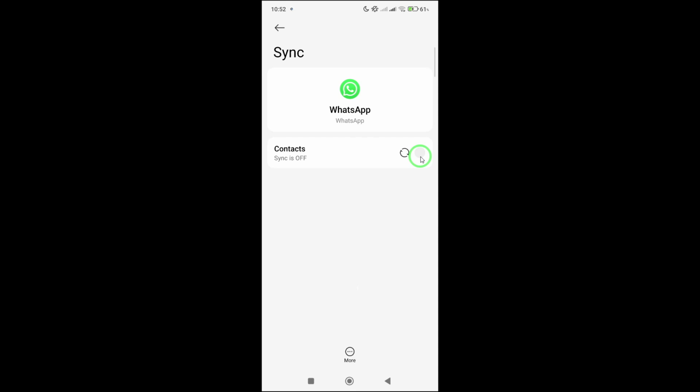Disabling this setting won't delete your existing WhatsApp chats or contacts already visible in the app. It simply stops the automatic updating process, giving you the power to manually control who appears in your WhatsApp contact list. If you ever want to turn syncing back on, just follow the same steps and toggle Sync Contacts back